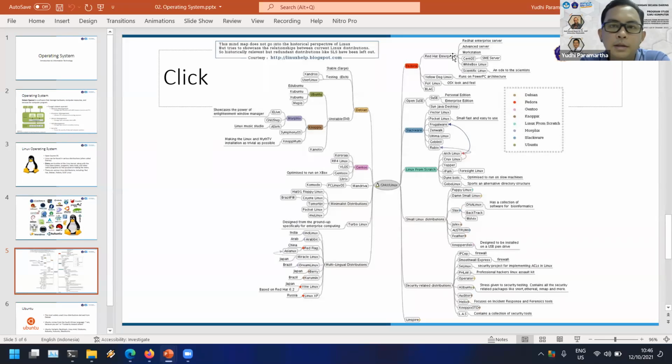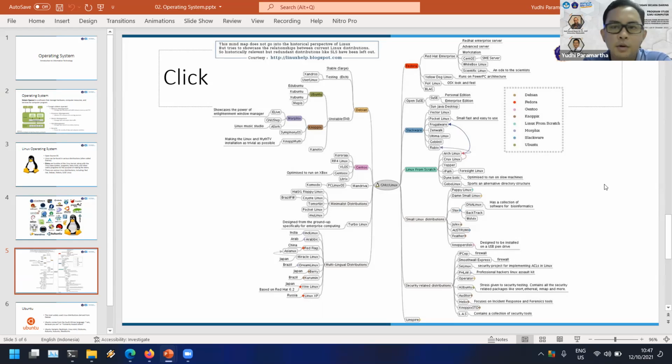The Red Hat Enterprise is modified from Fedora, and then Red Hat will be modified into CentOS and CentOS SME Server and something like that. Maybe this is a very small part of the Linux structure, maybe only 1% of the Linux distributions that we have in this world.